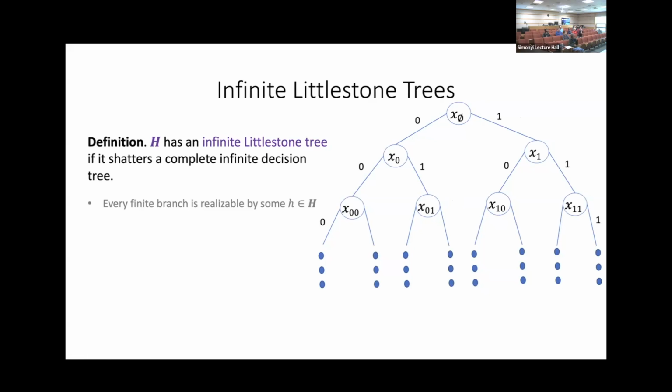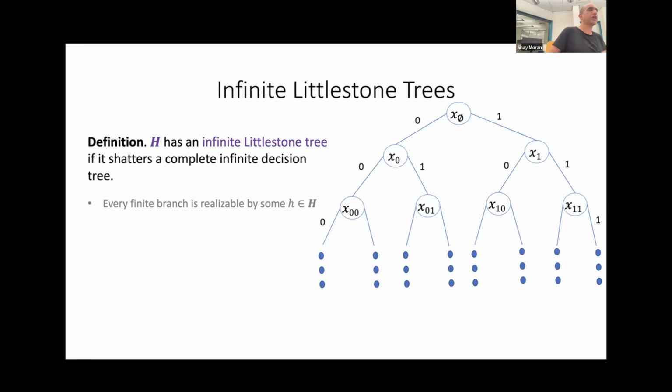And what are the Xi's? A decision tree is any such tree whose nodes correspond in some way to Xi's. If you find such a way to associate the nodes to Xi's such that every node is reachable by some function in the class, then we will declare that this tree is shattered by the class. When you say complete infinite decision tree, you mean there exists a labeling of an infinite decision tree? Exactly, there is an existential quantifier on placing the Xi.